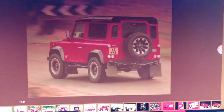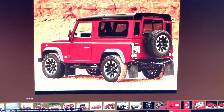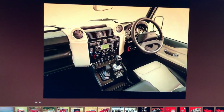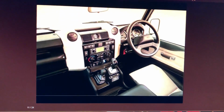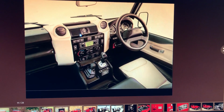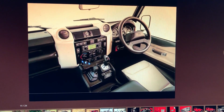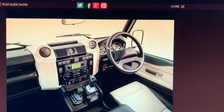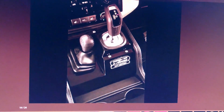But as far as I'm aware, if I skip through to the interior, it's automatic. Yeah, look, it's in automatic. It's got a bit of a modern dash added to it. A lot of plasticky stuff like the old Defenders. Same old small steering wheel and standard old school dash rather than all digital. Imagine owning one of these, because I truly think this vehicle could only do one thing, and that is go